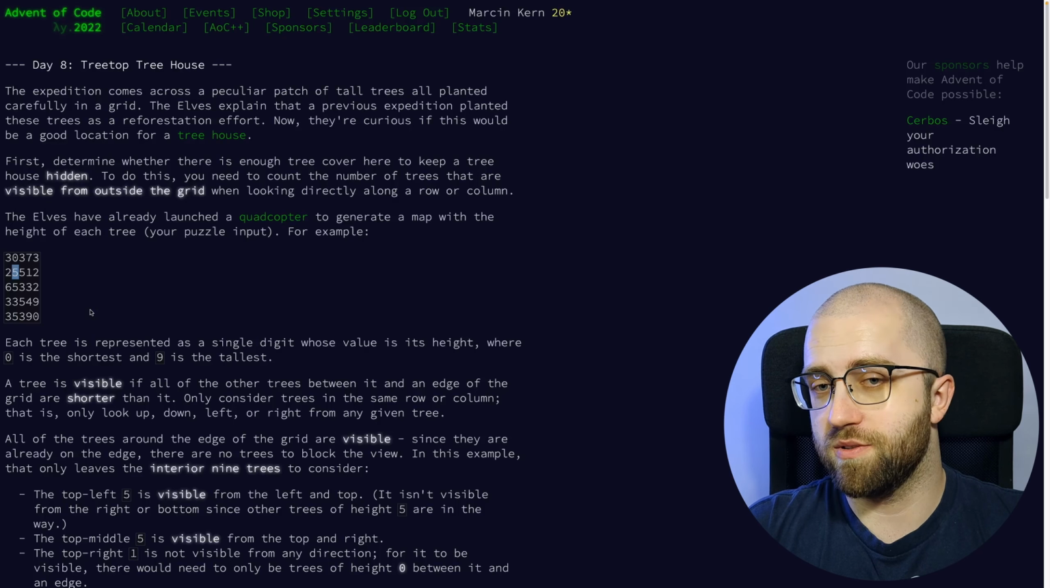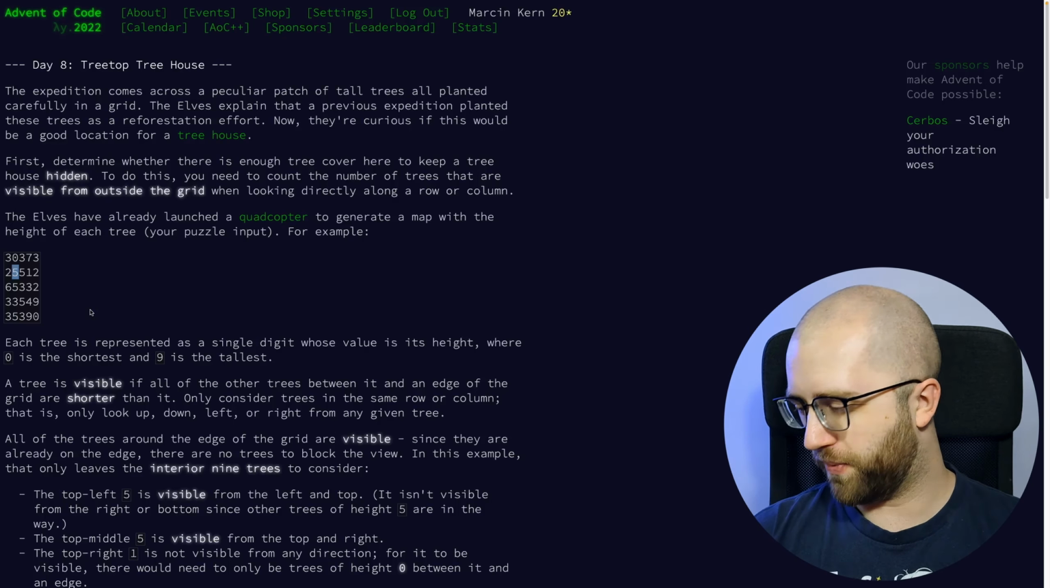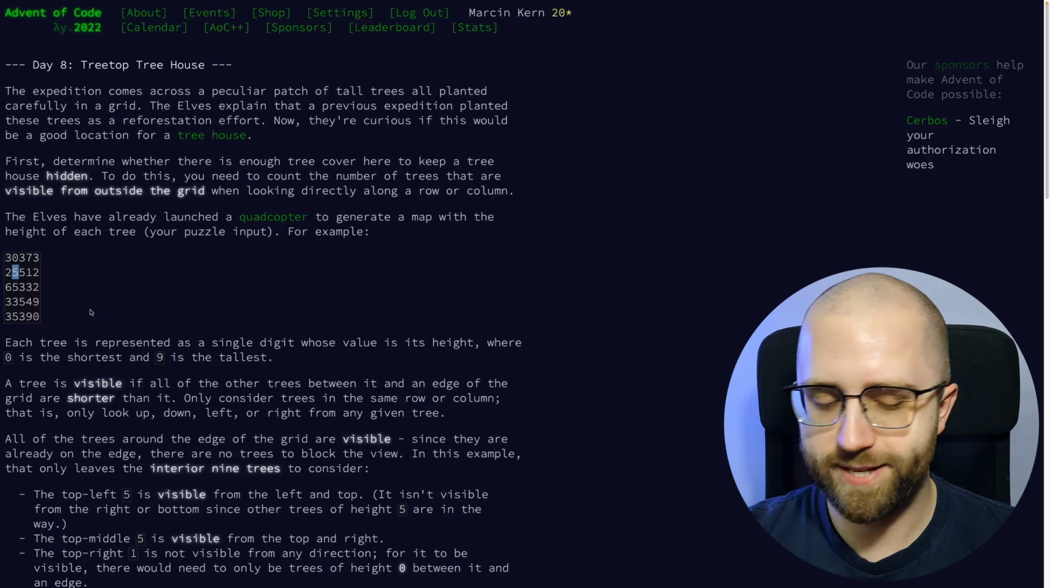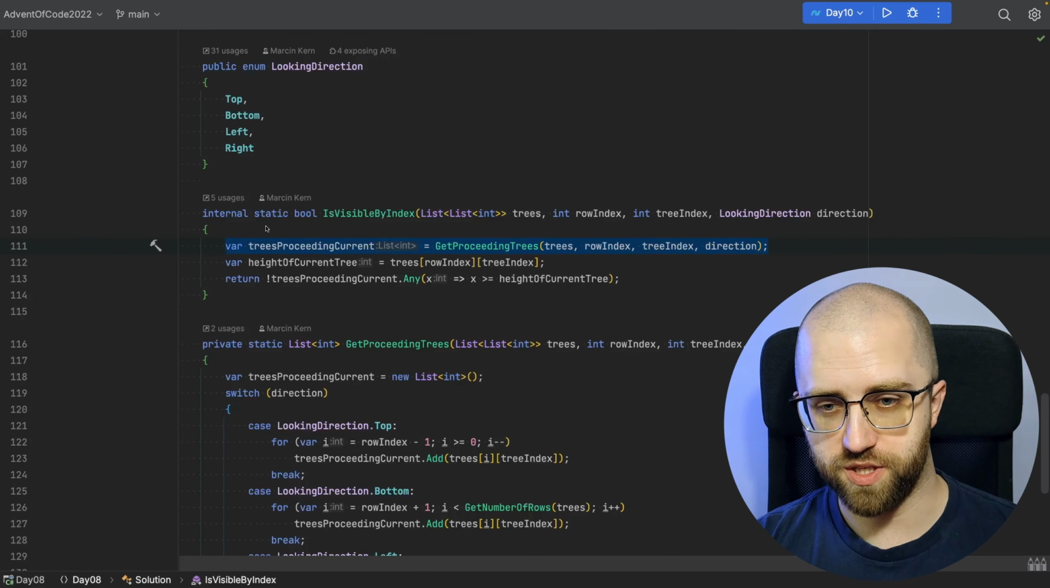Trees that are visible in the first place, right? First we grab all the trees